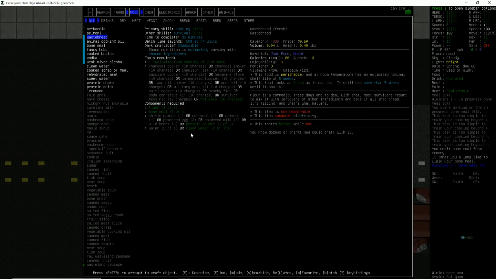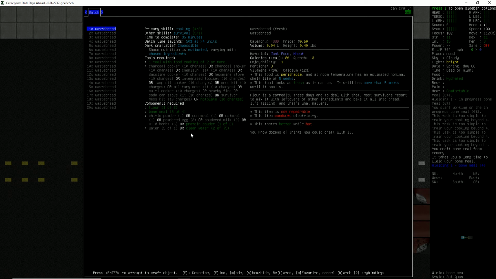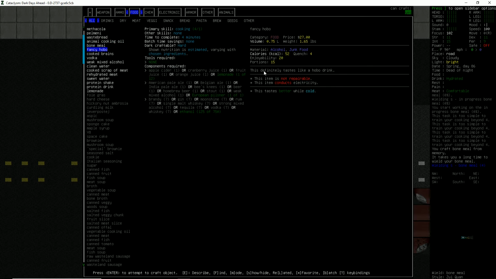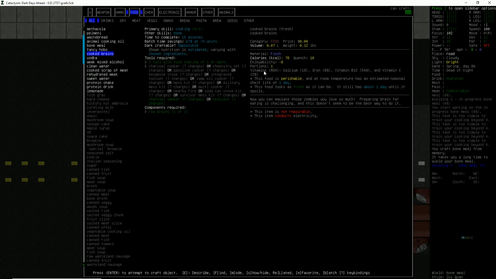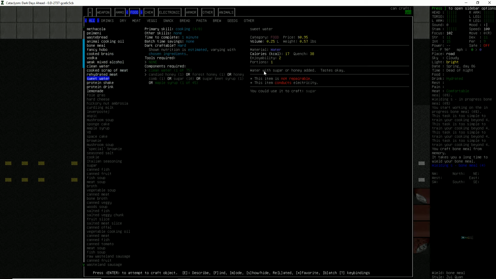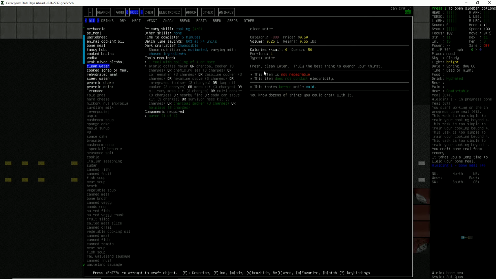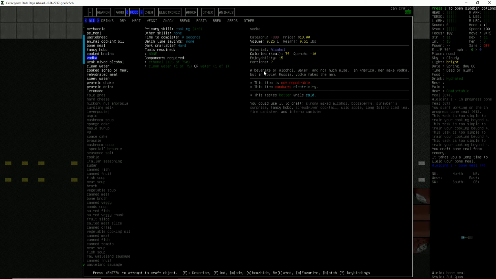Waste bread. Flour is a commodity these days, and to deal with that, most survivors resort to mixing it with leftovers of other ingredients and baking it all into bread. So flour, bone meal, protein powder. That's gross. How much would this net us? 3 portions of one. Okay, using one of the one-time cooking. That wouldn't be too bad if we have extra stuff. Cooked brains. Ooh, lovely. Can we prep anything else? We can rehydrate the meat. Lemonade, cooked scrap. Okay, so I think we'll do...